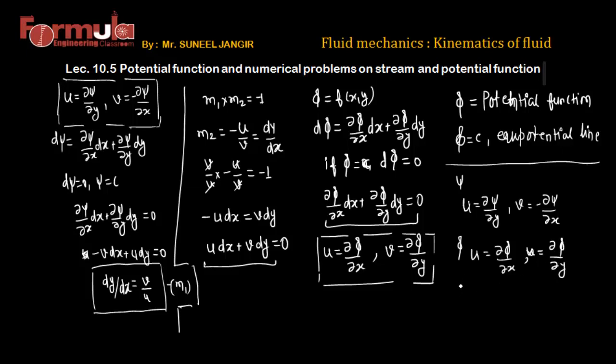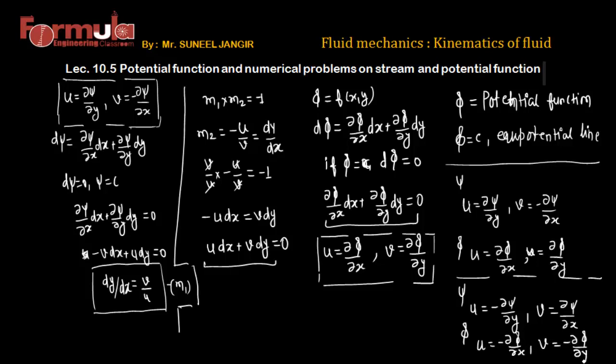But this is one definition we are providing, and if we say u equals minus del psi by del y, here I'm changing the sign, and v equals del psi by del x, for that case phi will look like u equals minus del phi by del x and v equals minus del phi by del y. In that case phi will get a negative sign in both cases if you are changing the definition of psi. So both definitions of psi and phi are correct, but the respective value of phi is also going to change in that case. Okay,